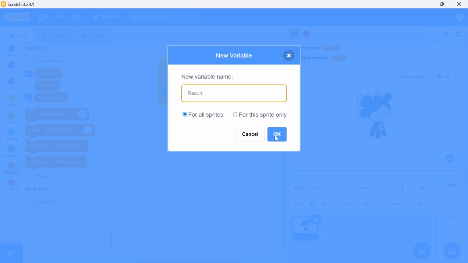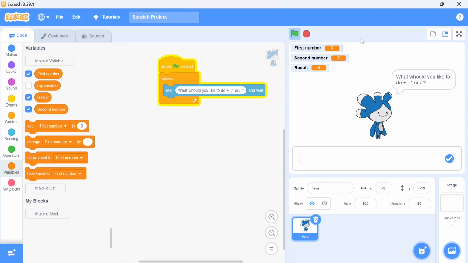So here is our result and now you'll see all 3 variables are here and your first question is here, and this first question should be stored as your first answer. How will we write the coding for that? For example, if you type plus over here, what should happen? It should be taken as a plus.